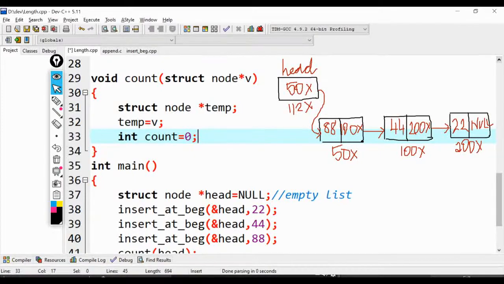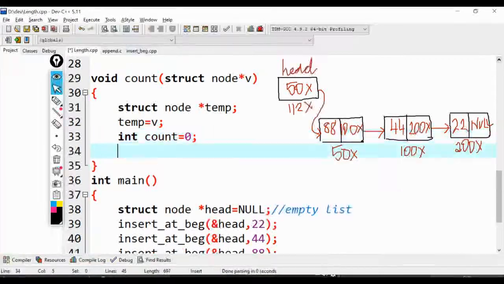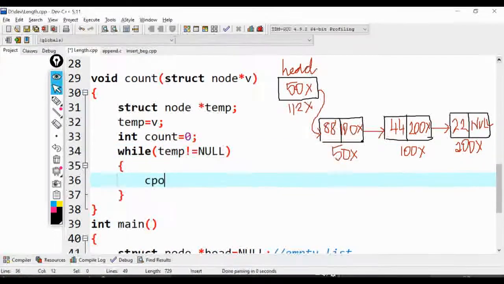So what is the process here? I'm going to check whether the node is present or not. If it is present, I'm just going to count. And I'll be moving on to the next node. So from one node to the other, I have to move on. For that, I require a loop. So while temp not equal to NULL. If it is equal to NULL, I should terminate. So I'm checking till not equal to NULL. So what is the process? I'll just count. So count plus plus. I'll explain it to you.